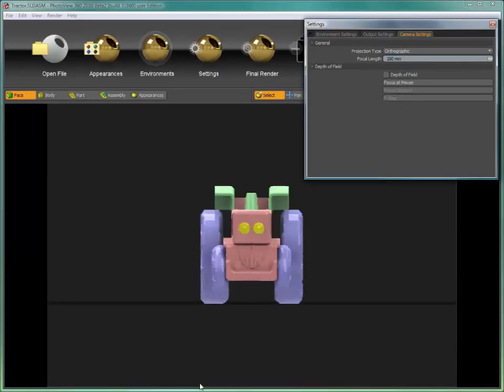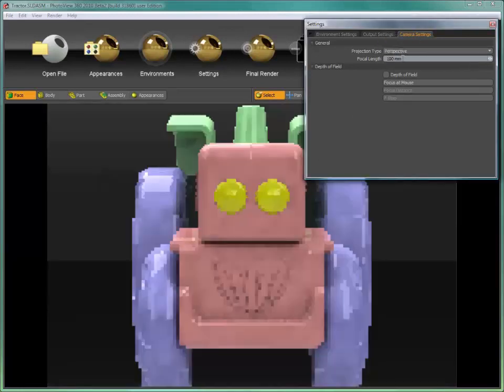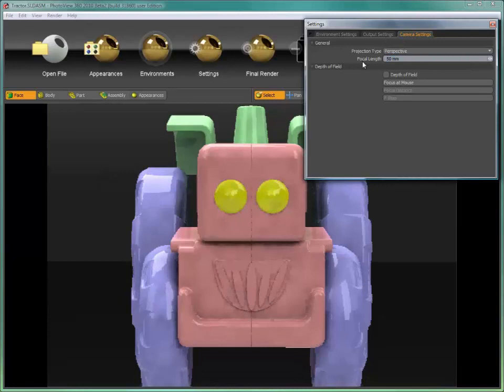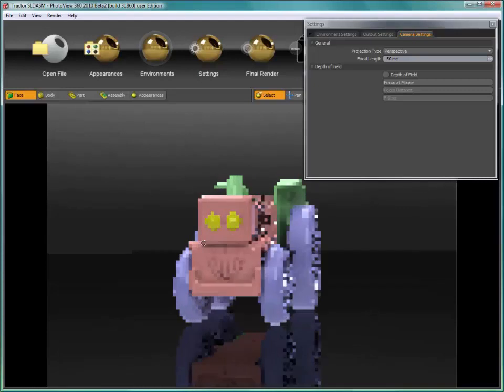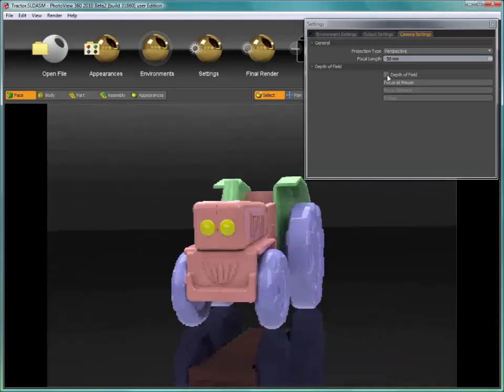When I zoom in, you can see here in the orthographic view there is no perspective. Those wheels are aligned, but by switching back to a perspective you can see how they taper in based off the perspective angle. You might also notice that in this camera setting tab I have the ability now to do